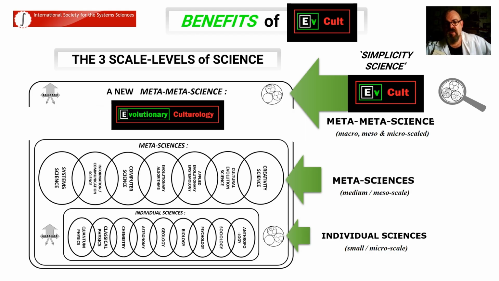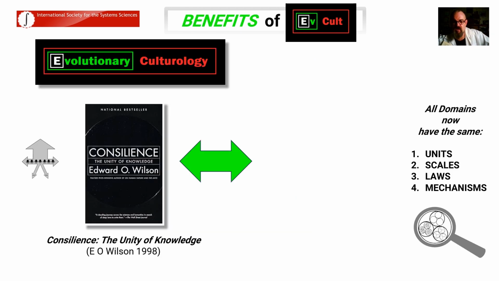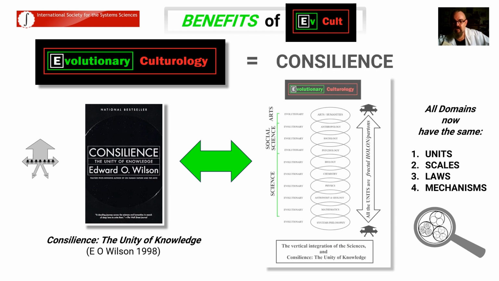So what are the benefits of EvCult? Well, for one thing, it simplifies everything. Good old simplicity science, EvCult. Same set of units, levels, laws and mechanisms for everything. And it solves consilience, the unity of knowledge. Good old Ed Wilson, 1998. So the vertical integration of knowledge. All the units are fractal holon partons. They all have the same units, scale,